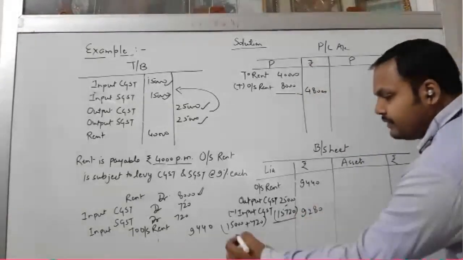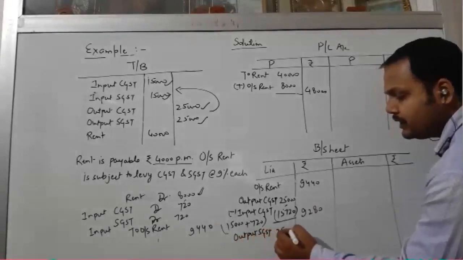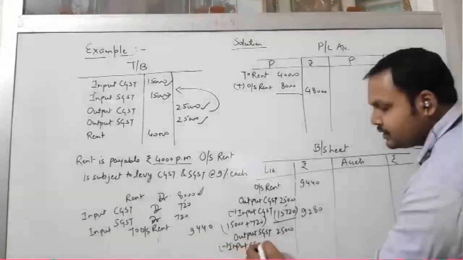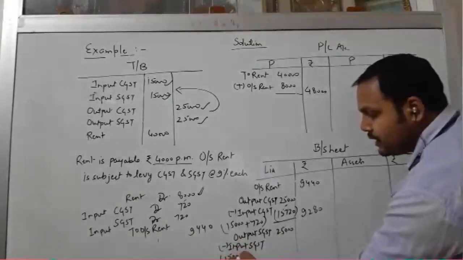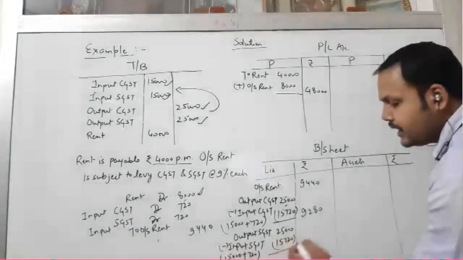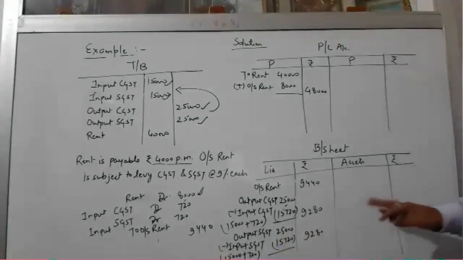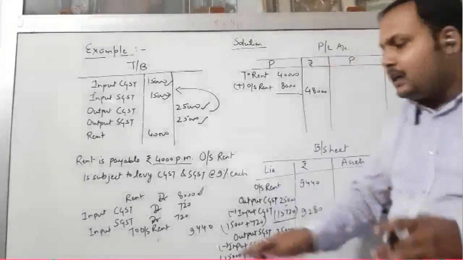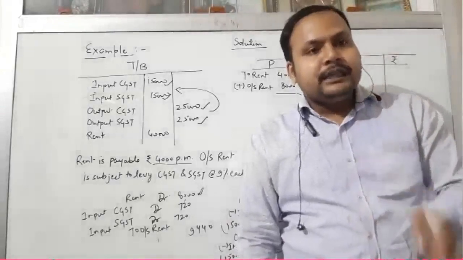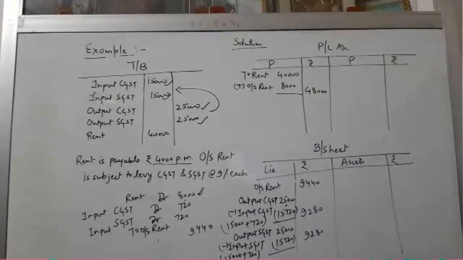Okay, same as it is when we are talking about the output SGST, so you know very well output SGST भी कितना है 25,000, उसमें से भी जब आप minus करोगे input SGST, तो पहले input SGST कितना था 15,000, 720 आपका SGST भी बढ़ गया, सो 15,720 आप minus करोगे। Now आपका output SGST होगा 9,280 rupees। I hope it is clear कि जितना आपका outstanding rent पे GST increase होगा, उतना ही आपके GST की value increase होगी।